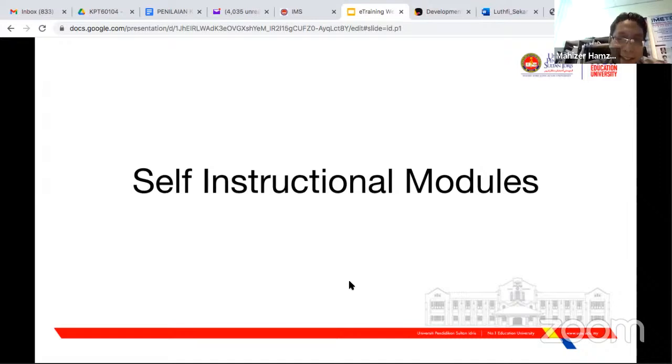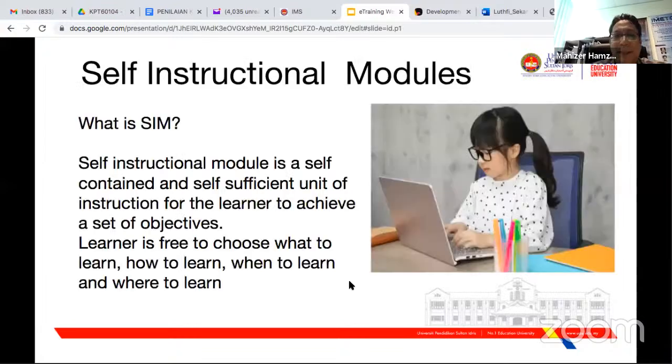But still you need lecturers, except the self-instructional module helps a lot. They can learn by themselves more easily compared with reading books, because the modules we develop are mainly for specific courses, but the books are quite general, covering everything, and maybe not all parts of the book are needed for that program. Okay, a bit about self-instructional modules. Maybe in my next lecture I'll also discuss this more.